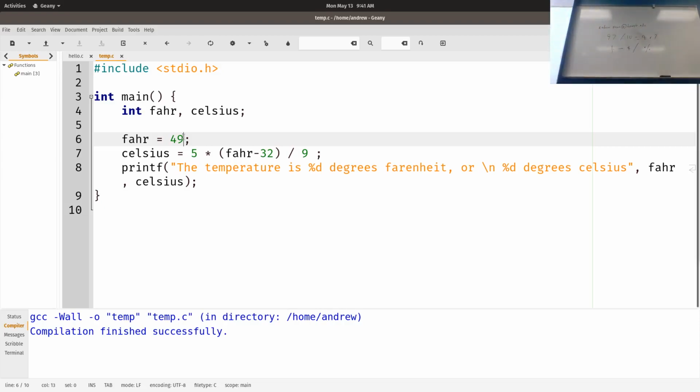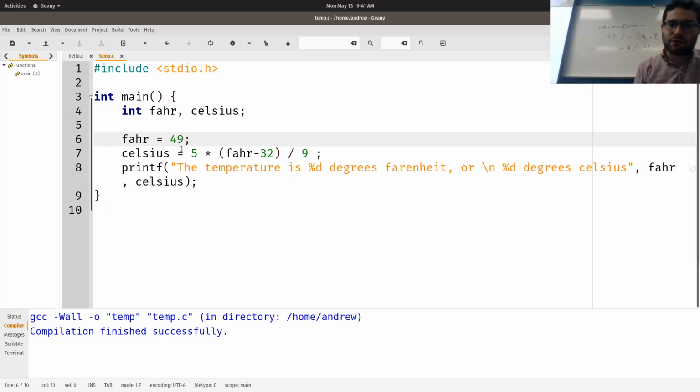But the modulo is extremely powerful. We typically use it for 2 purposes. The first purpose is that when we learn about if statements, we can use it to test if things are even or if things are divisible by other numbers. It's very powerful like that. The other thing we can use it to do is to tear off the last digit of a number. Notice that if we mod by 10, we get the last digit. We get 7, which is the remainder. It's actually a very powerful operation. But anyway, let's continue with this.